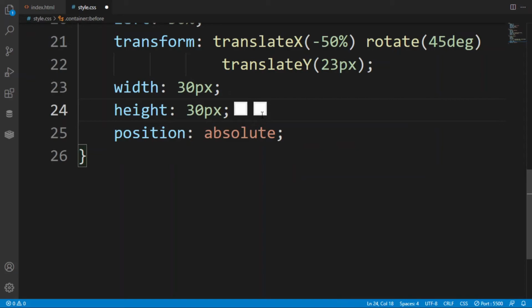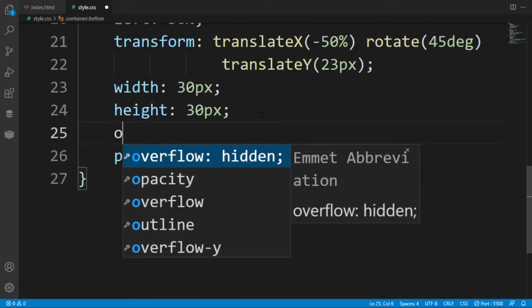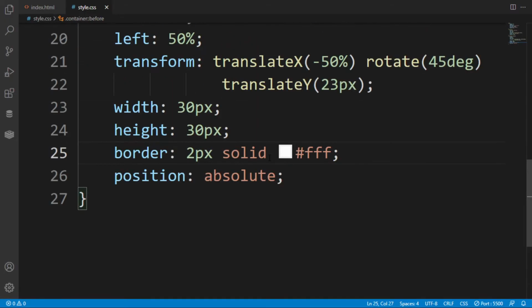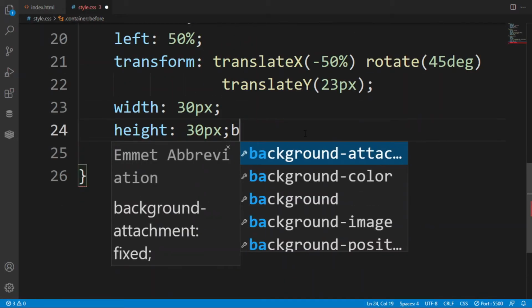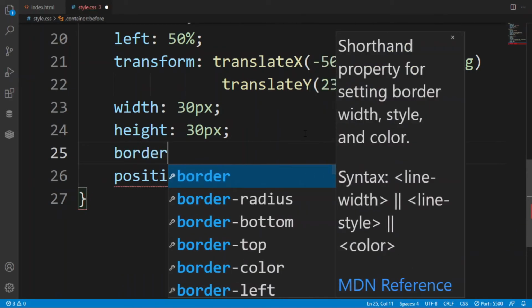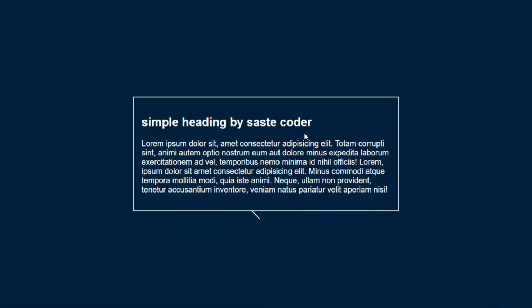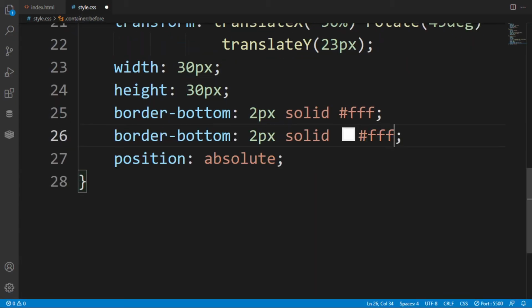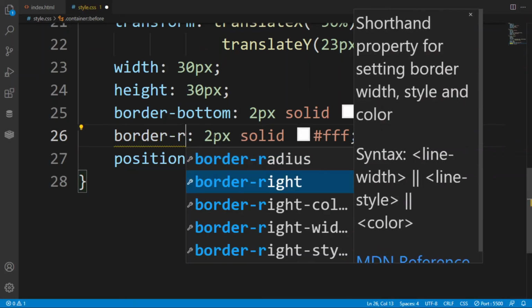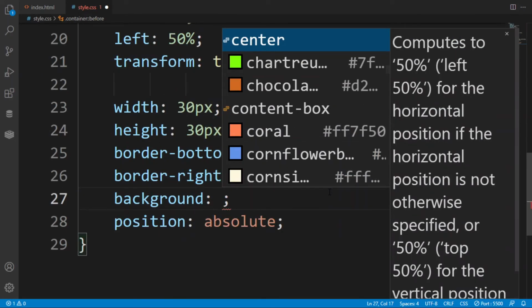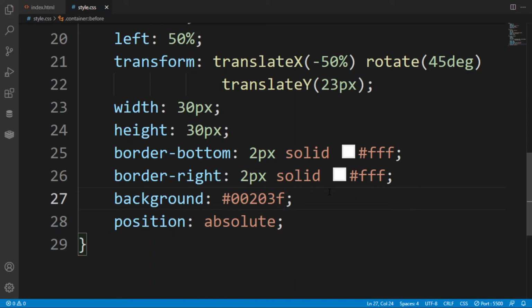Now I am changing the color, which is none by default. Here I am putting a border of 2 pixel solid white so that you will be able to understand what is actually happening there. Then I put a border, and border top. We all know that rotate will act in the clockwise direction, so the bottom will shift towards the left side, left bottom, and similarly for right. I hope you are able to catch what I am telling you. Here I am putting the background the same as I have put in my body section.